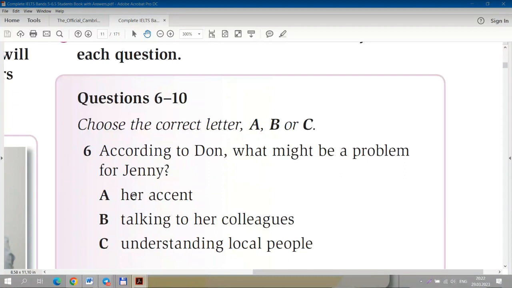So, get. Here, I mean, your level of English is better than...